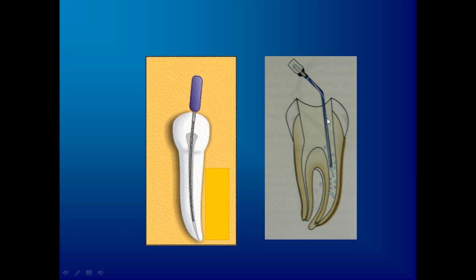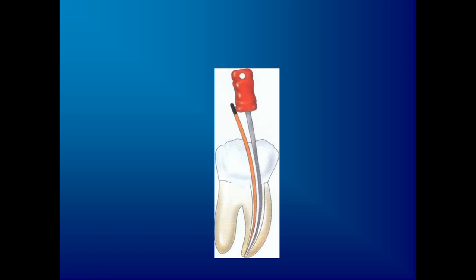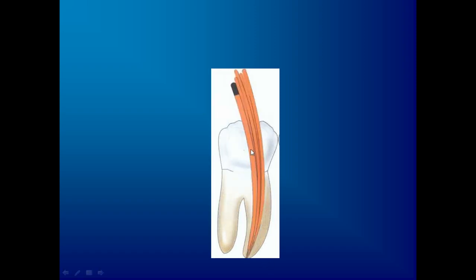The irrigants not only flush the debris out but also have a good antimicrobial property. For a thorough cleaning and shaping, we need this combo, which does the best job. That is, the mechanical instrumentation followed by the irrigation completely disinfects the root canal. Once we are done with that, the pulp space should not be left empty but be obturated with an inert material. I think you must have studied all those materials which are used for obturation. Earlier metals were used. Of late, gutta-percha cones are commonly used for obturation.